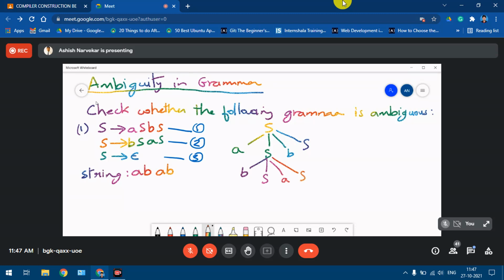So we got A, B over here, and in between we have S, then we have A over here, and we have B over here. So roughly, if I just note down the symbols that are occurring in this tree, what I have is A, B, S, A, S, B, S. Okay, so if you look at this intermediate step, we have AB and we have A, and then we have B. So if we just take it, what we have is AB, AB, which is the required string.